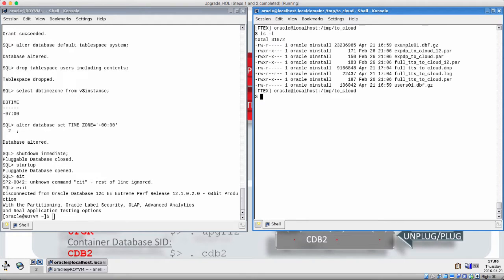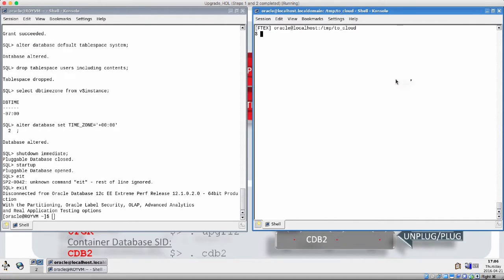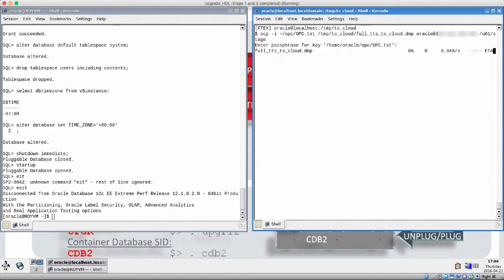I will occasionally clear the screen like this just so that if I am going to use SSH or SCP or anything where I'm putting in security information, I don't have to blur out the video for extended periods of time. And the next command here is an SCP command. This will move my dump file from my local system up to the cloud, again blurring out the IP address and such. And then I will also move the data files for our user tablespaces using